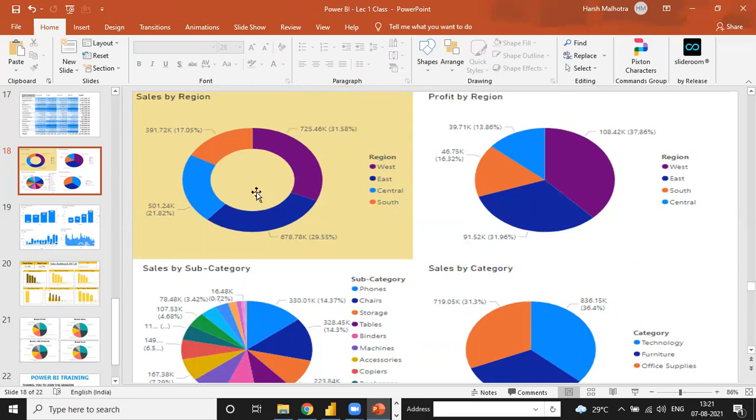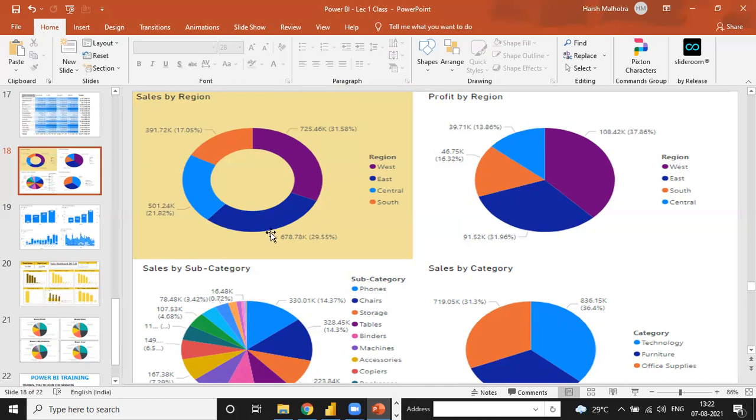And suppose in the month of March you have prepared this kind of report, then in the month of April you don't need to prepare this report again. You directly feed your data into the raw file and press the refresh button in Power BI, and the report is automatically refreshed with the current data. So that is the reason to use Power BI. But when you make the report in Excel, you have to feed the data as well, and if there is any error, you cannot find where the error is.